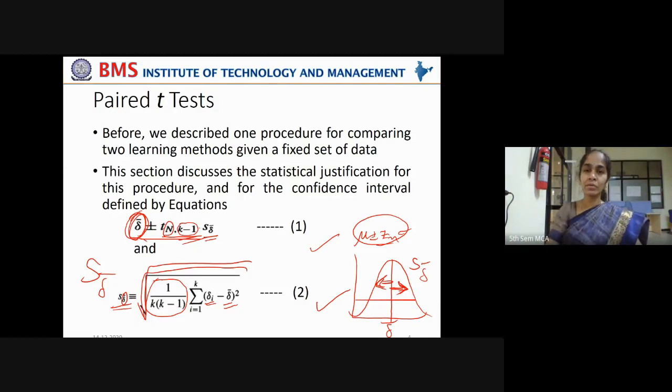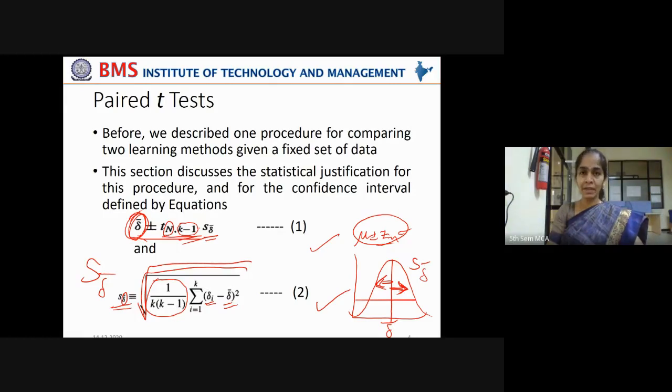Am I very clear now? Some students who join in the middle or who didn't attend the previous classes and right now are attending this class will not understand anything. It is like you are watching some Korean movie with some Chinese subtitles. So don't get confused. Watch the previous videos. That will have the continuity to this topic. Okay, but students who are following very sincerely lecture after lecture will easily understand this.